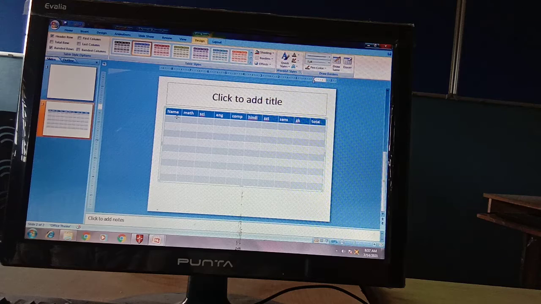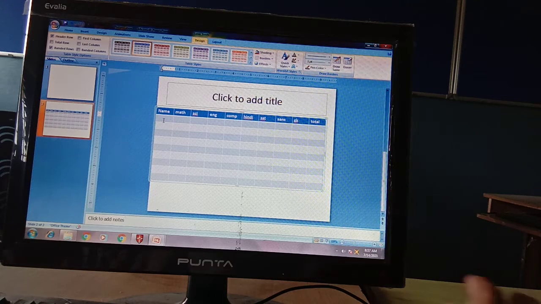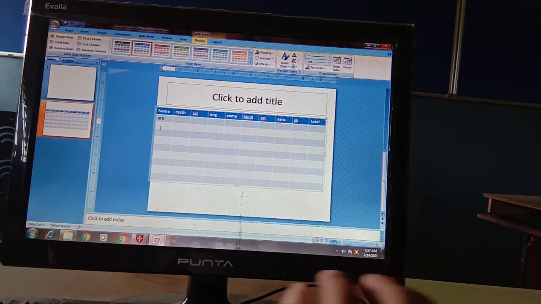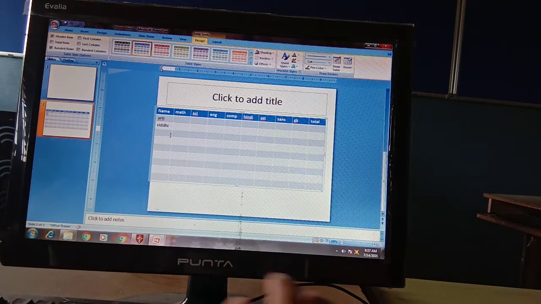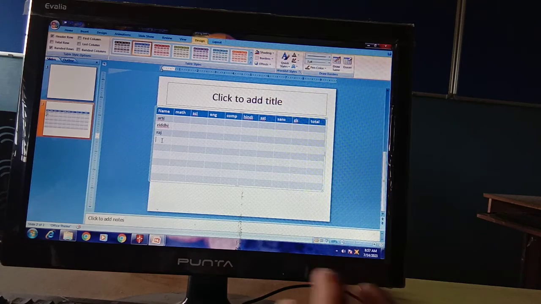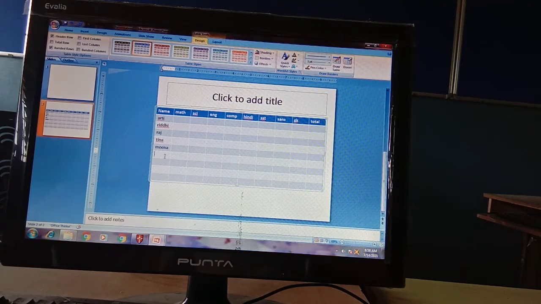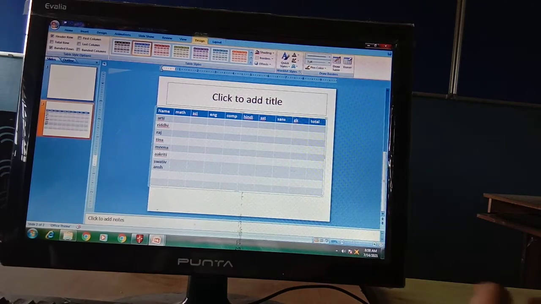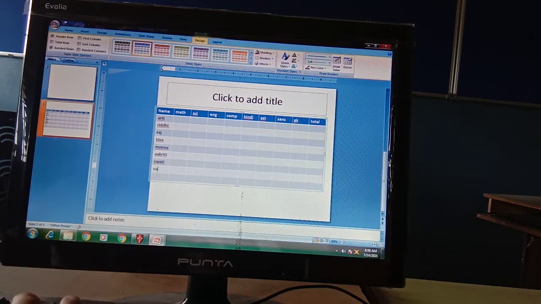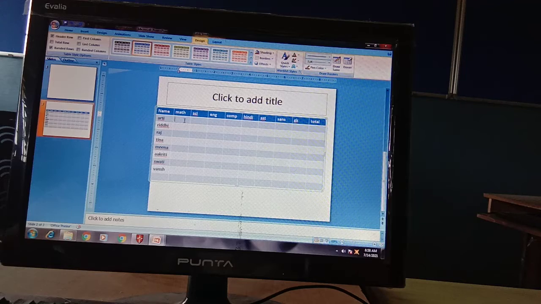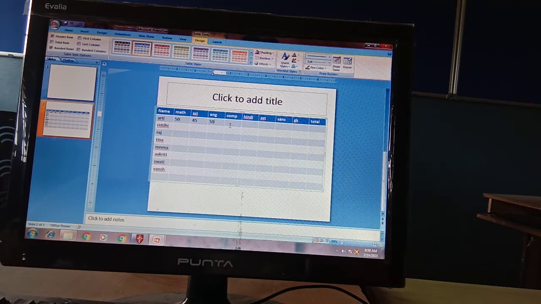You can enter data, for example names like Aarti, Riddhi, Raj, Tina, Meena, Akriti, Swati, Vansh, and you can have marks like 50 out of 50, 45, 50, 50, 49, 44.